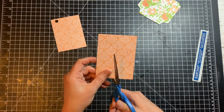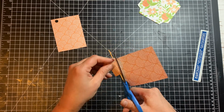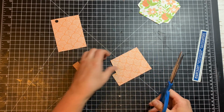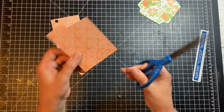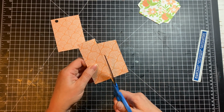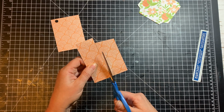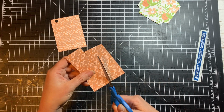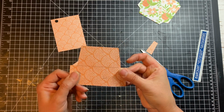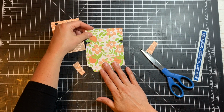And then from there, I'm just going to taper my cut, just like we did on the other ones down here. The reason we're doing that, I'll tell you in a minute. So let's cut the other one. On the other side, do the same thing. Start with the pencil line, cut into the inside edge of your score mark, and then make a small taper down. The reason we did that is because this is what will stick into our pocket